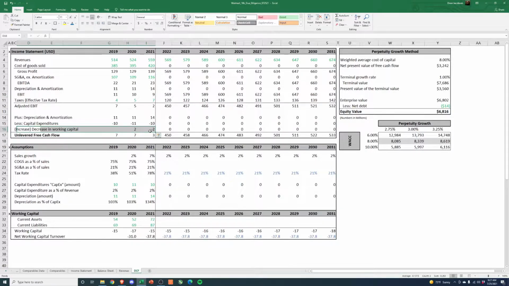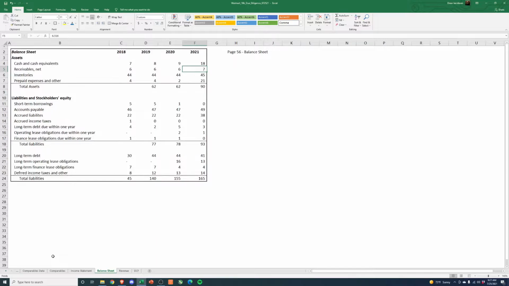It's current assets minus current liabilities. And really what it is, it's kind of the investment or the cash needed to run the business. So I'll walk you through here. If we look at current assets, this is 72 billion. If we go over to our balance sheet, it's going to be our receivables, our inventory, and our prepaids. So we exclude the cash piece here, but really we're looking to understand, is it a use of cash or